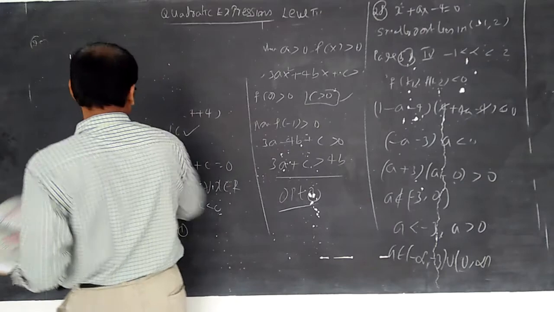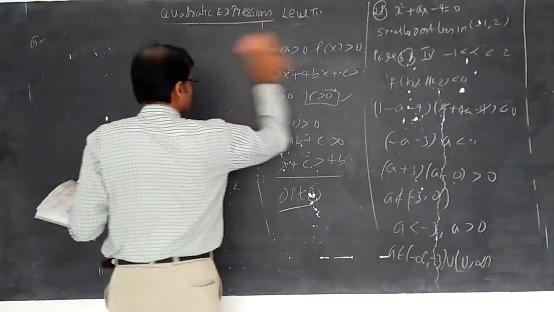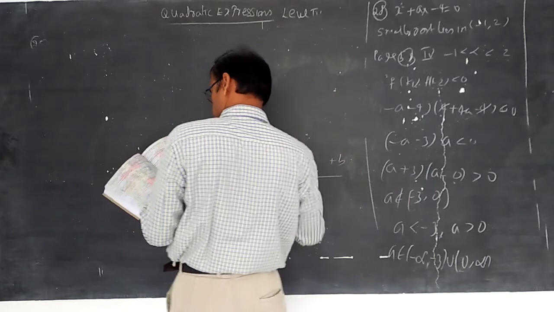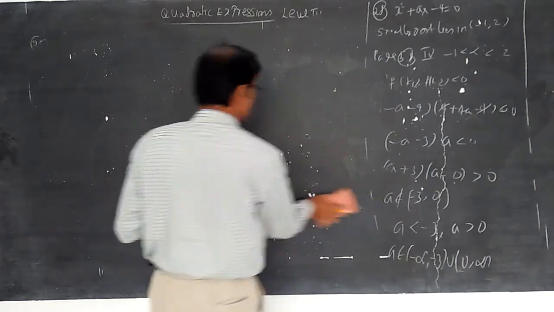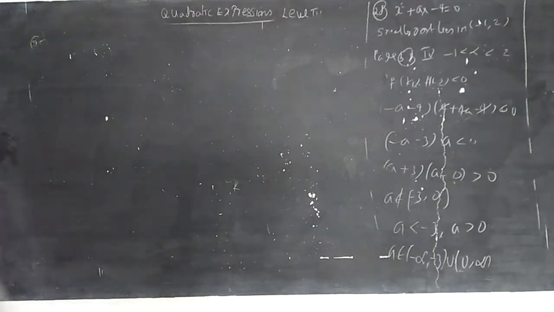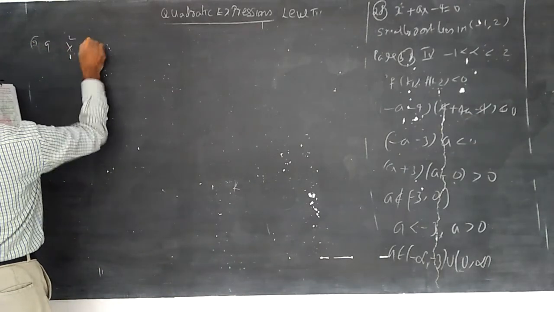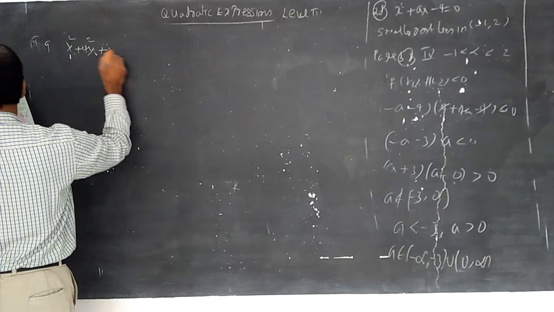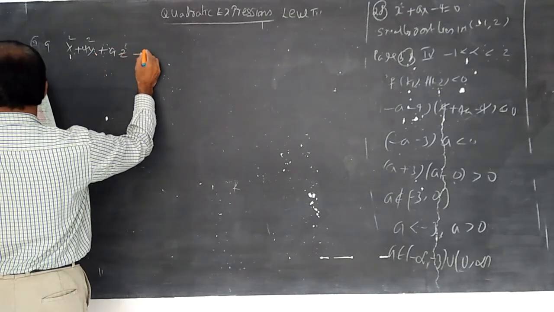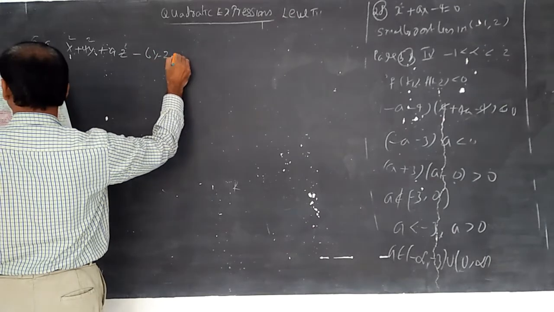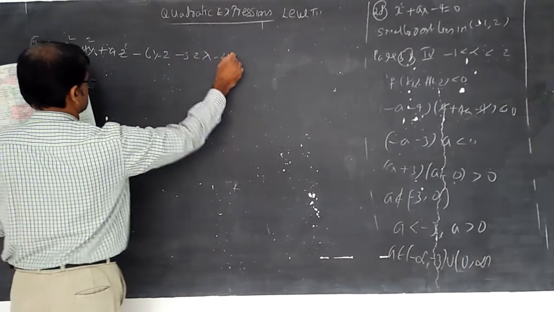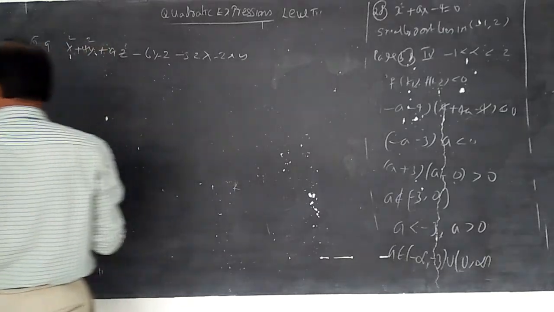Now 29th question. x, y, z are real and distinct. Then x square plus 4y square plus 9z square minus 6yz minus 3zx minus 2xy is always